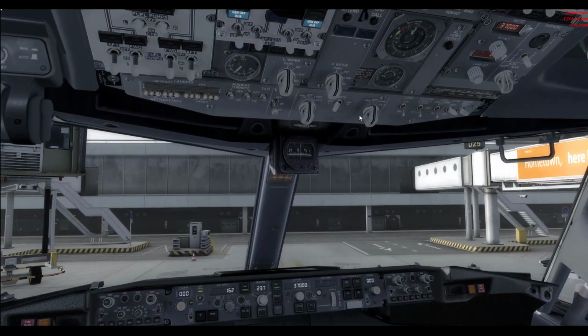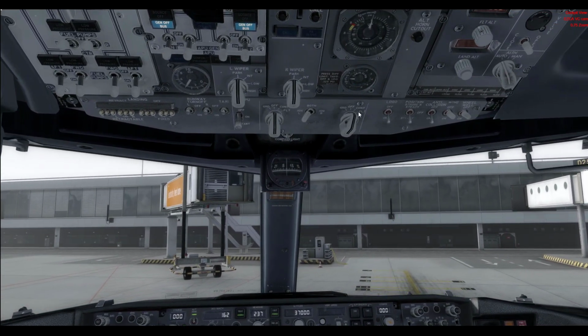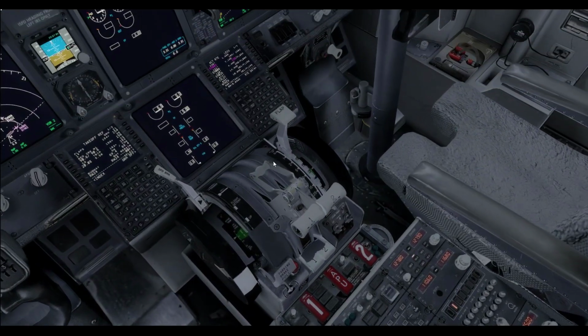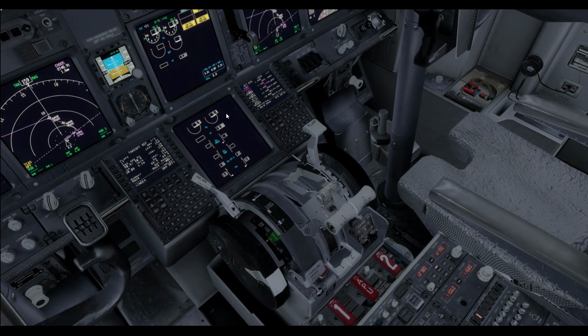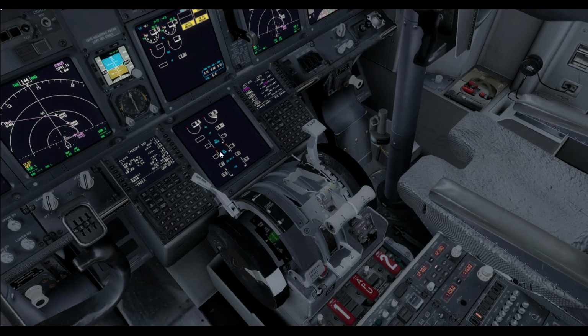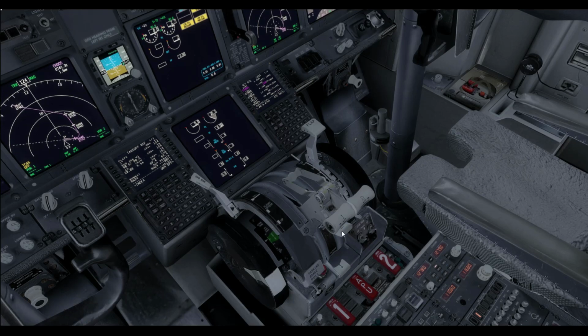So you start with engine number 2, so the right hand side first. Left click the starter switch to ground, and it'll start spooling up. You can see the N2, which is our second fan, starts spooling up. Our N1 starts rising, the oil pressure starts rising, and the oil temperature will rise too. Now once you reach 25% N2, the engine needs fuel to start up further, so you press this fuel lever,